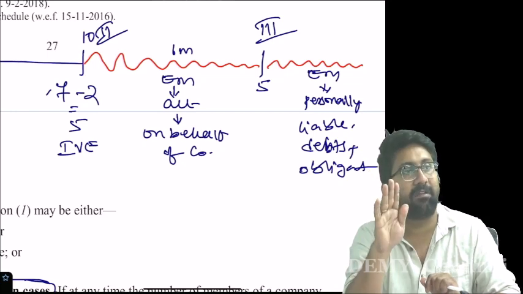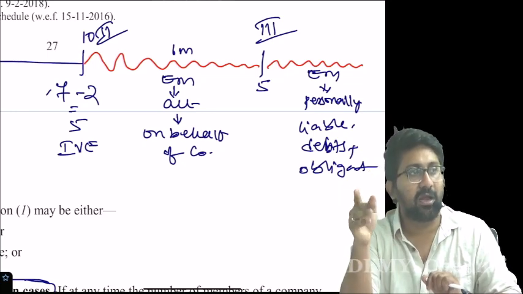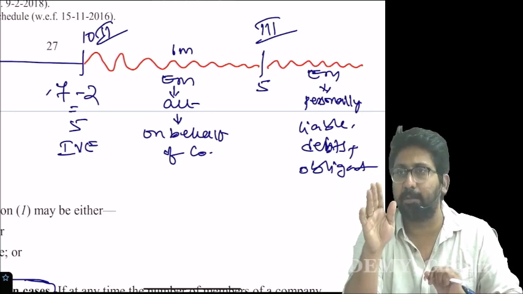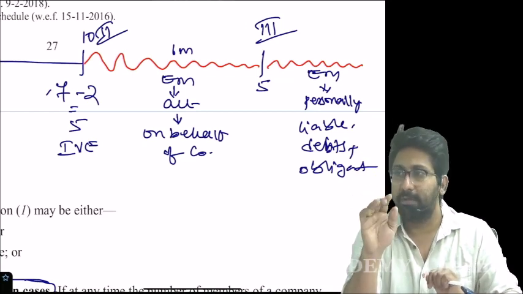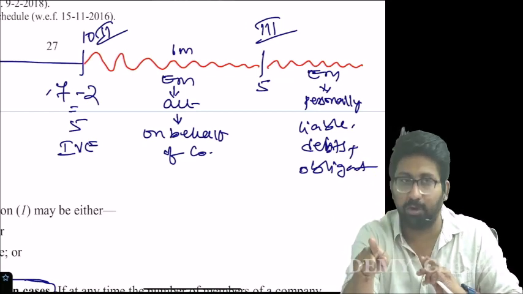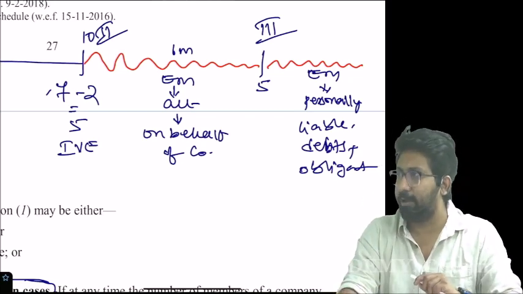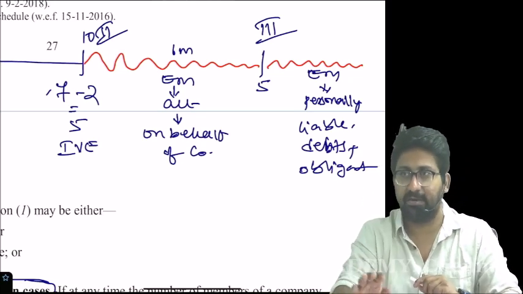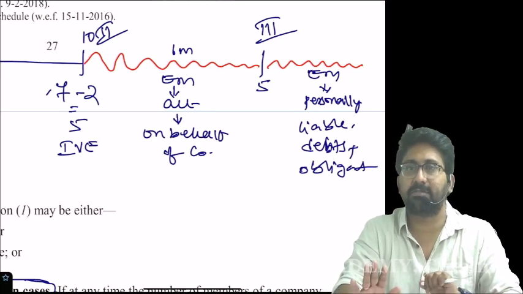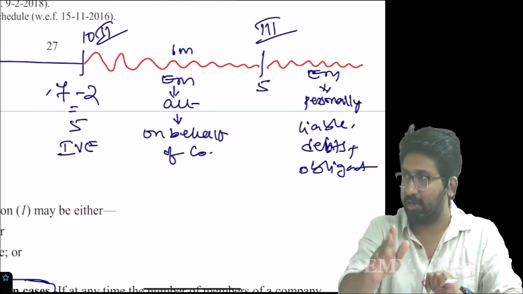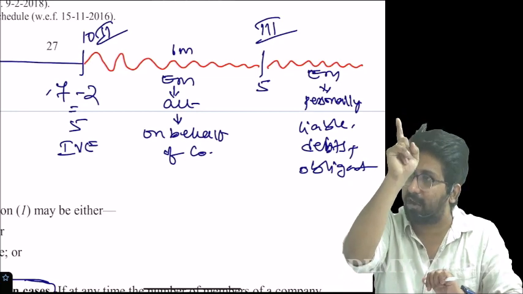Will the liability of the company become the liability of members, or will the liability of the company become the liability of the company only? Am I clear or not? It is a liability of the company only, it's not the liability of a person. Liability of members will be liability of members only. Liability of the company will become liability of the company only.